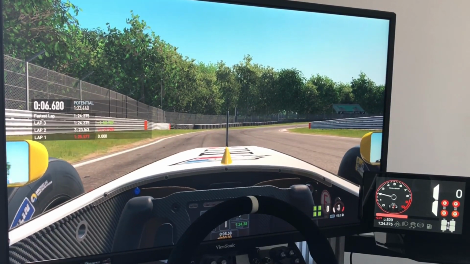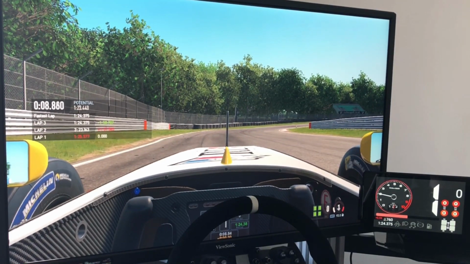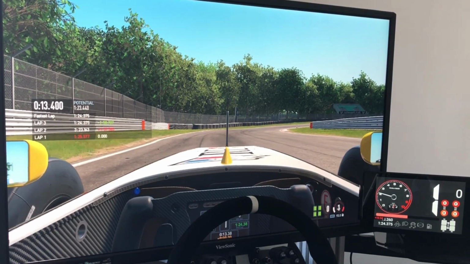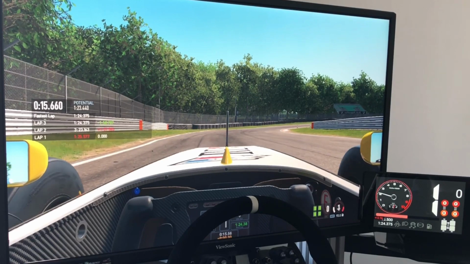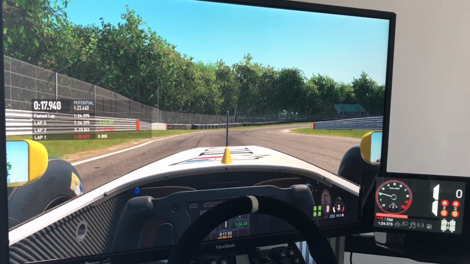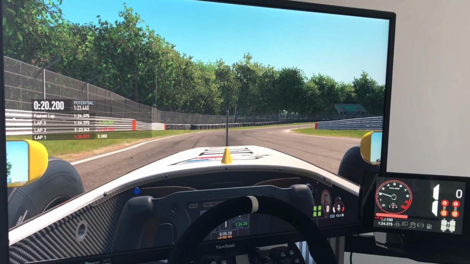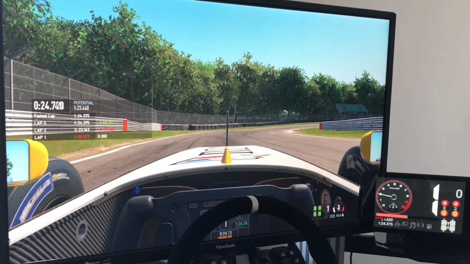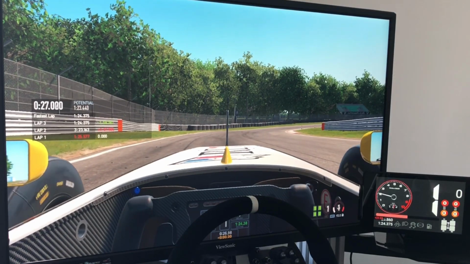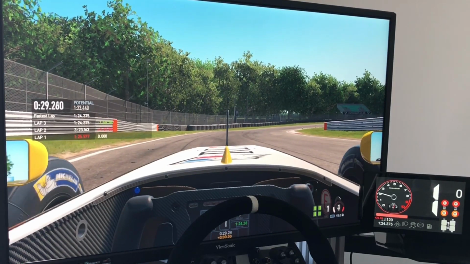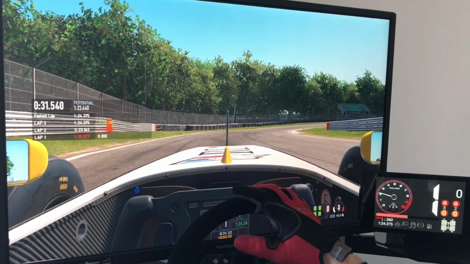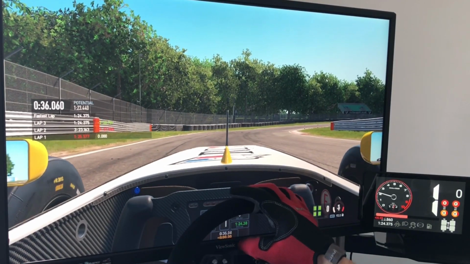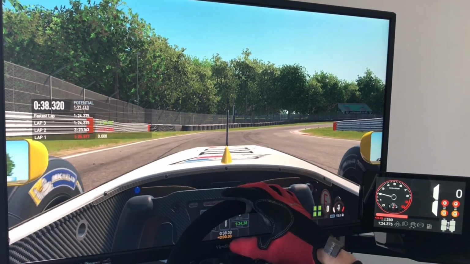Don't know if that's good or not. But yeah, mess around with it, change the field of view, see if it helps. I think it's certainly something that I'll look at more if I'm playing in one car format. What I'm looking for is one type of class. If you're racing in one type of class, just see how